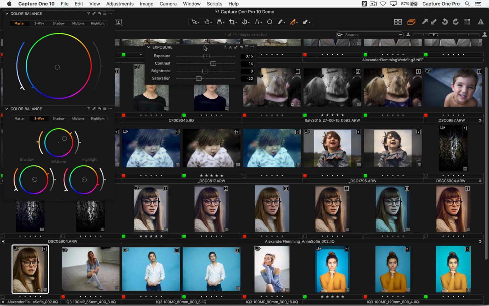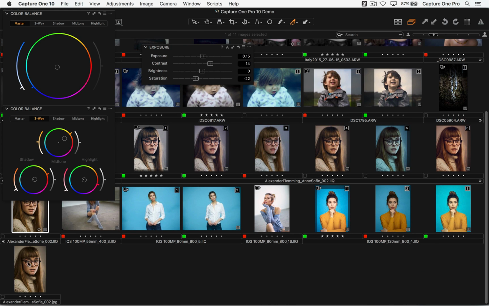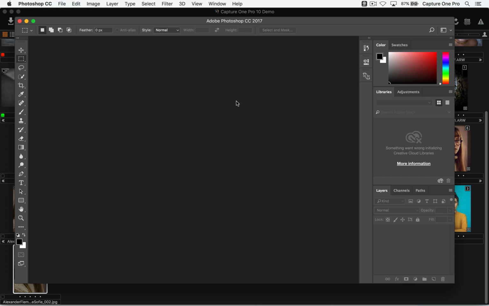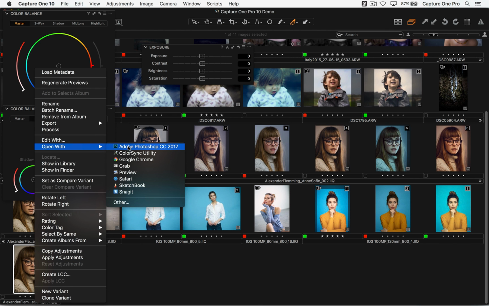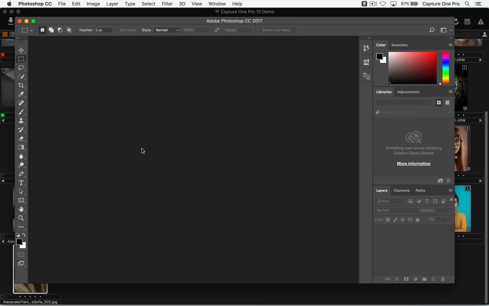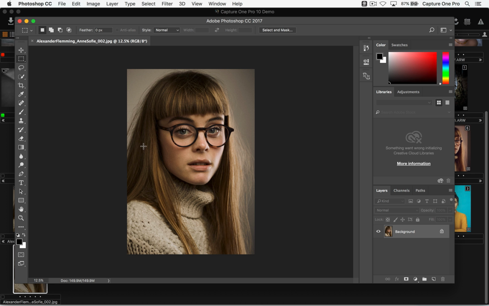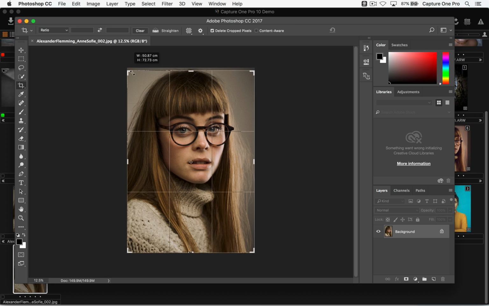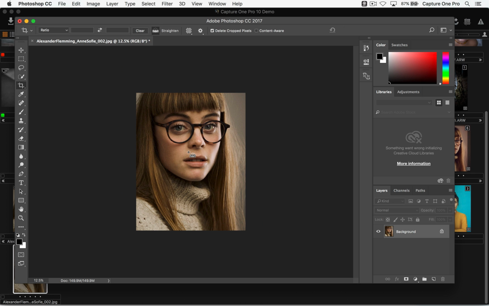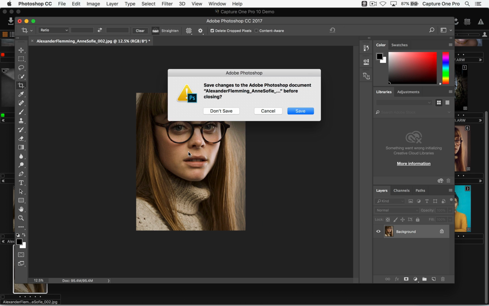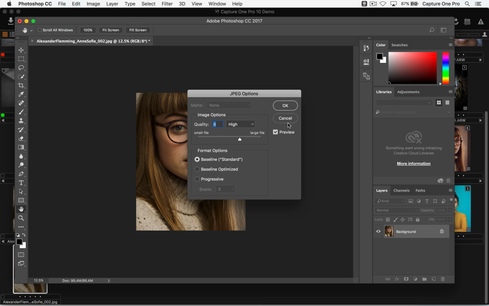Let's just get that tool out the way. And you see there's the JPEG sitting down here, like so, because I've manually sorted these images. Oh, it's still opening in Photoshop. Hang on. Oh, because I had the license agreement. So let's say open with Photoshop, like so. So now if I did a crop, let me just crop this drastically, for example. And then close that. So I save the changes.